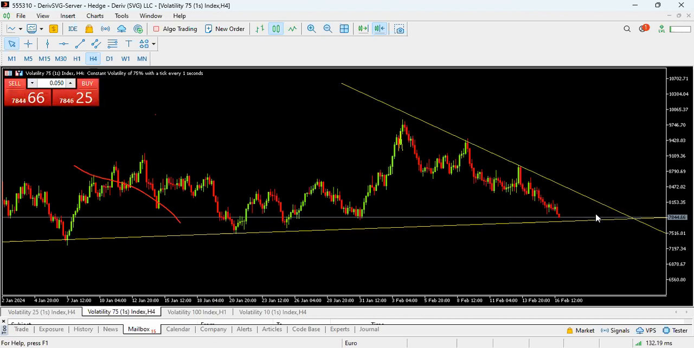So for the buy to be happening, it has to break through here. For this sell right now to even be valid for me, it has to break through this particular trend line and come back for a retest. Then you know that the trend may likely